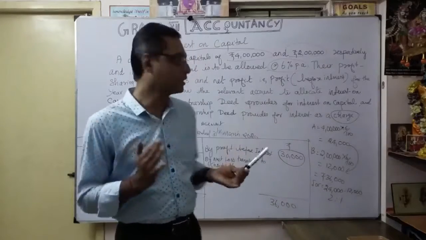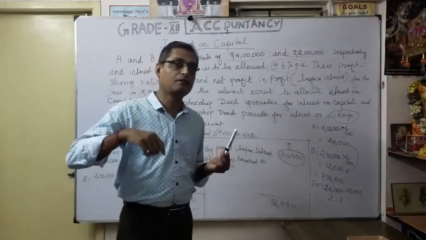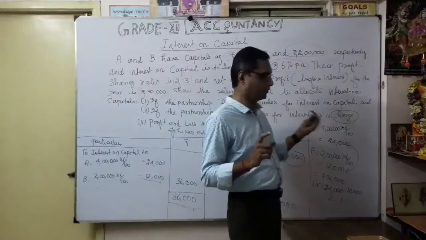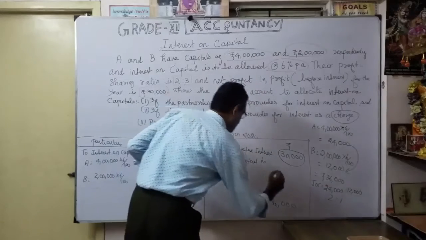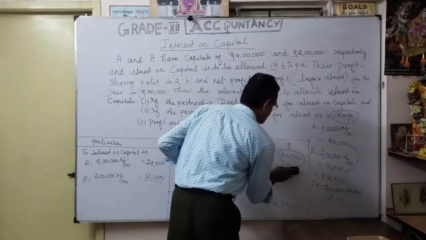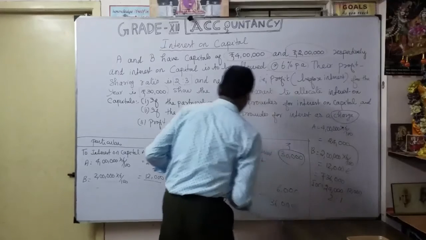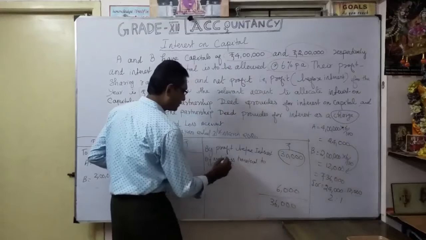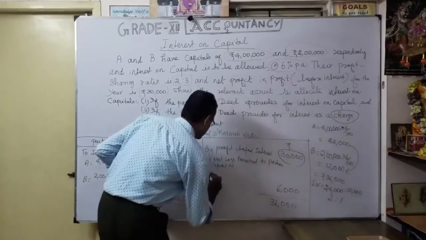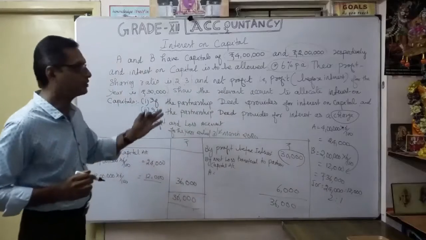You have to show it in the profit and loss account only. Earlier we showed it in the appropriation account, that is out of the available profit. Here we show it as a charge against profit. So the net loss is naturally 6,000. We show it here: 6,000 loss, by net loss transferred to partners capital account. In which ratio do we transfer it? This ratio. Now understood?